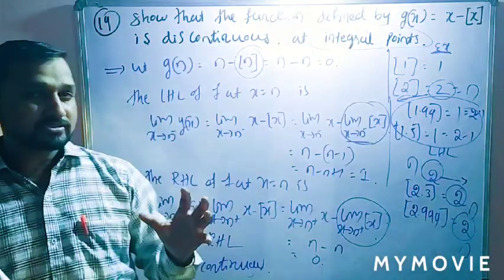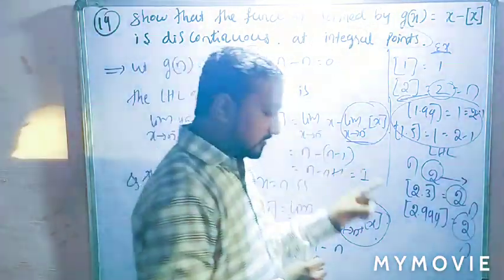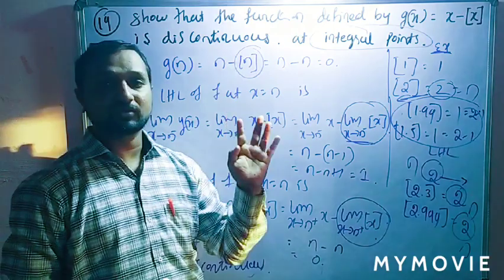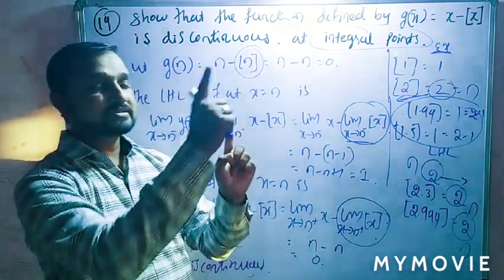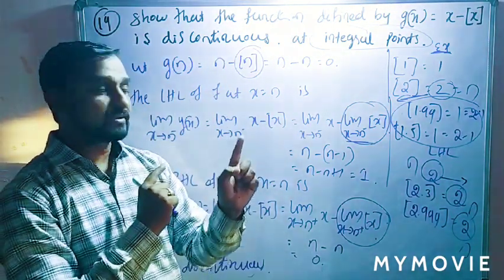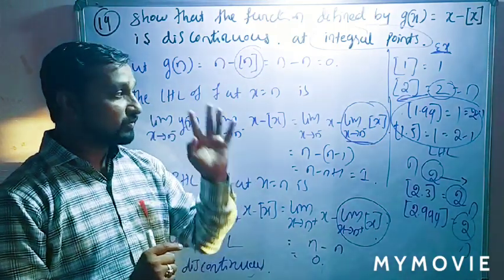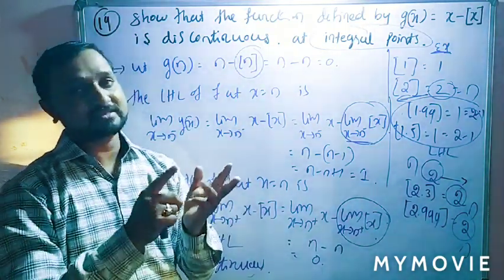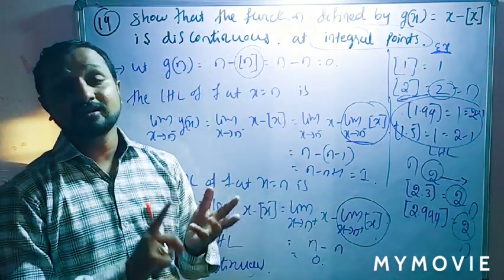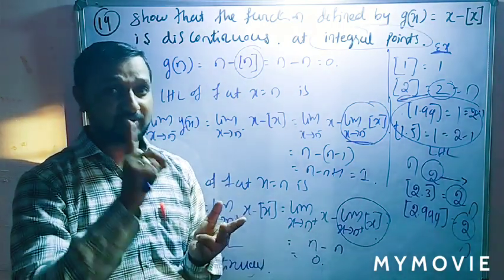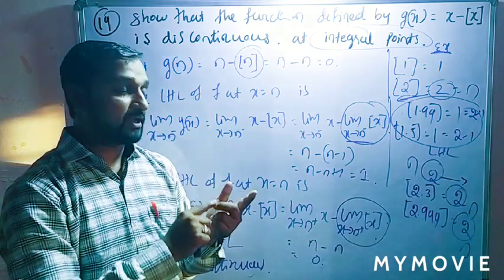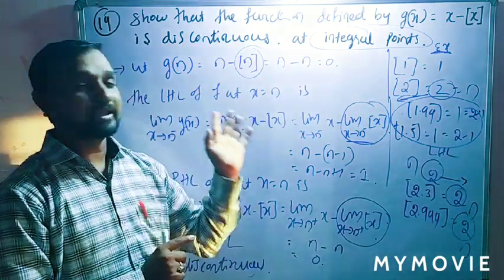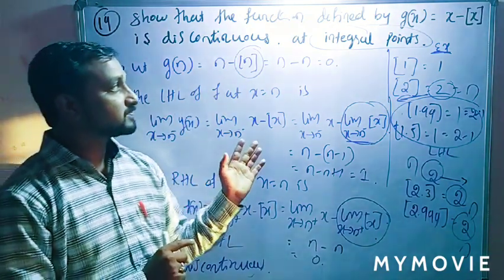Okay, students, this is all about continuity. In continuity, one very important 4 mark question will come in your annual examination, that is a 6 plus 4 mark part. In that exercise, the important items are LHL as well as RHL, the relation between A and B example, and the find the value of K example. These 4 examples are very important. So read carefully and note this down.